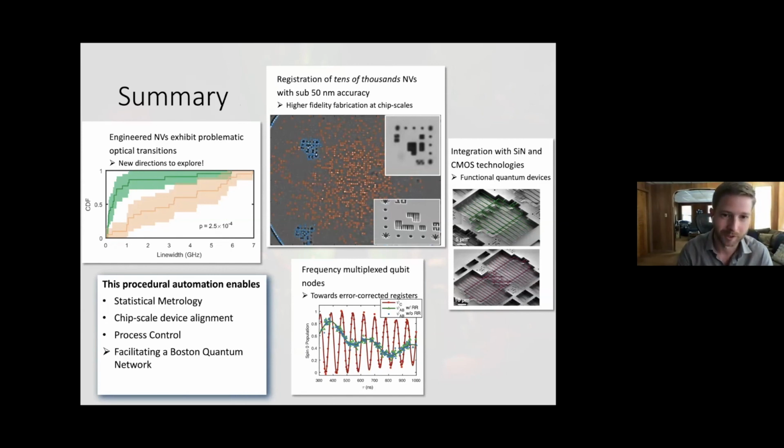Unfortunately, the optical properties of it struggle quite a bit. And as you can see from this CDF on the left here, the things that would end up in our devices are in this orange plot, which means that the line width is basically unusable for quantum devices because it's just too broad, and we'll get no overlap between 2 different NV centers because of that broad line.